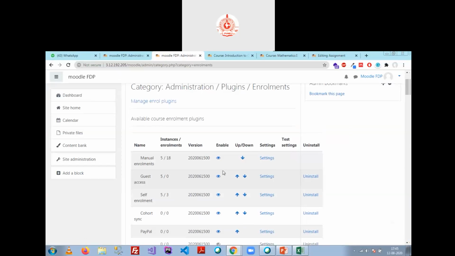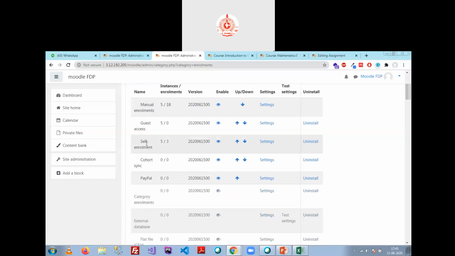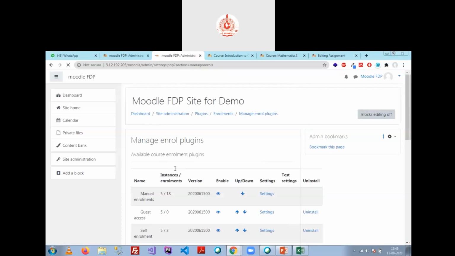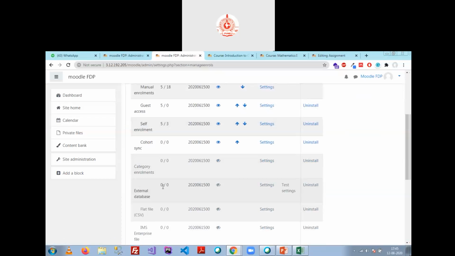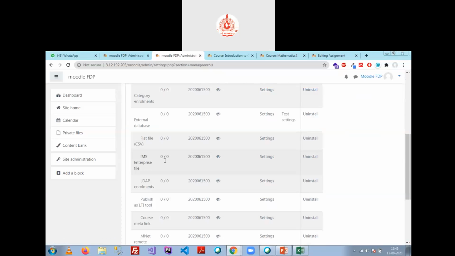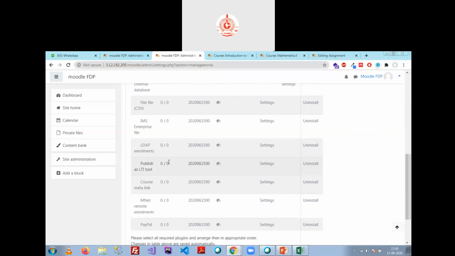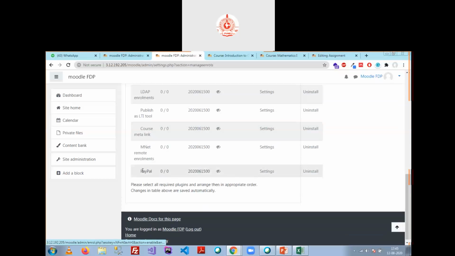Okay. Till now we have used manual enrollment and self-enrollment, but we have not used any other enrollment method. There are a lot of them. Suppose you are running an institute and you want students to pay through Moodle, then you can use the PayPal settings.